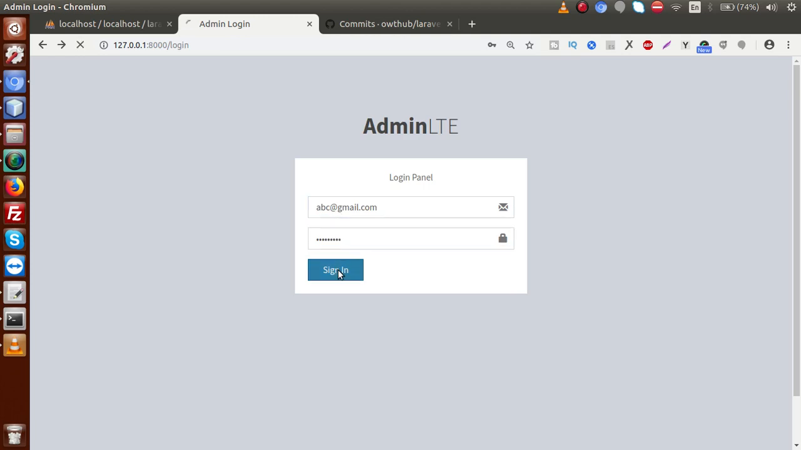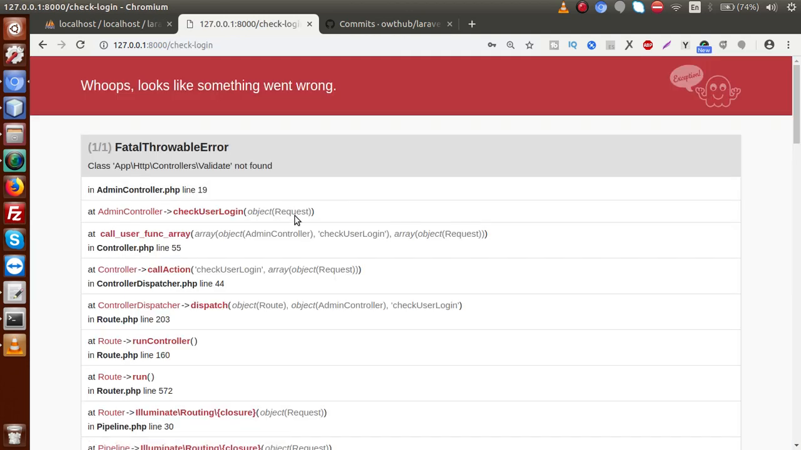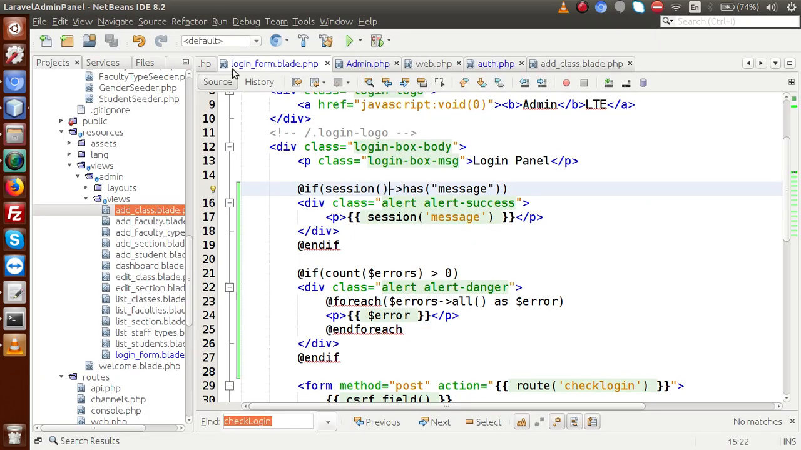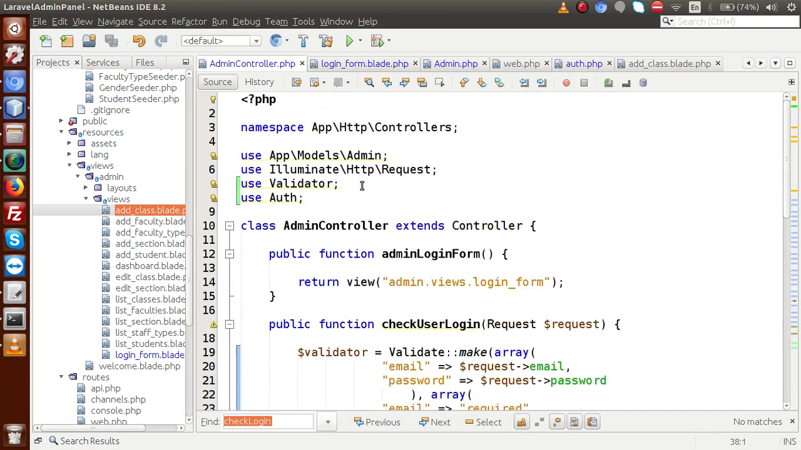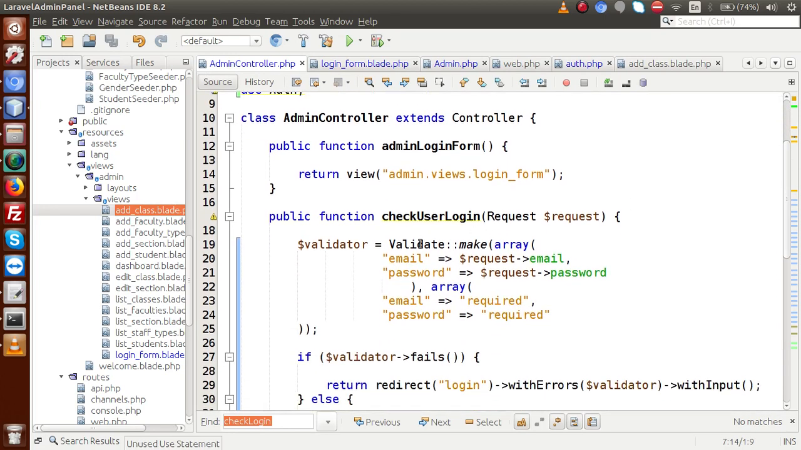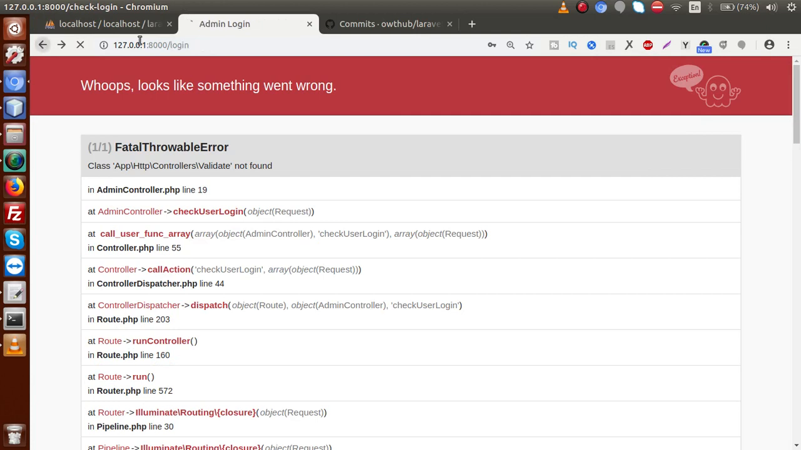If I press the sign in button, okay, we have some error, something called app http controllers validate not found. So back to editor, go to controller, and if I go up, this should be validator, so it should be okay. And if I scroll down, here we have called validate. So instead of validate we have to use validator. So if I save this file, back again,